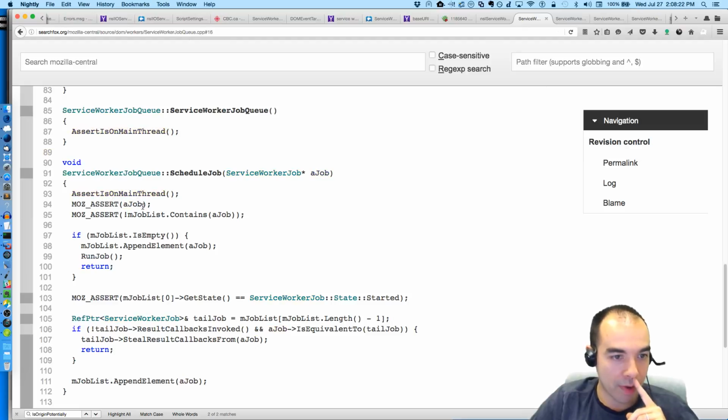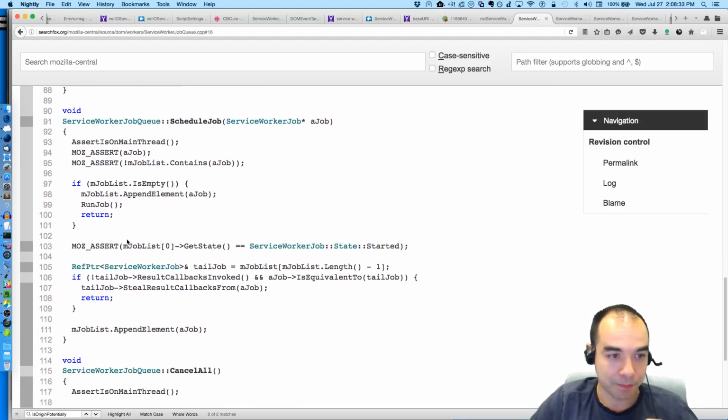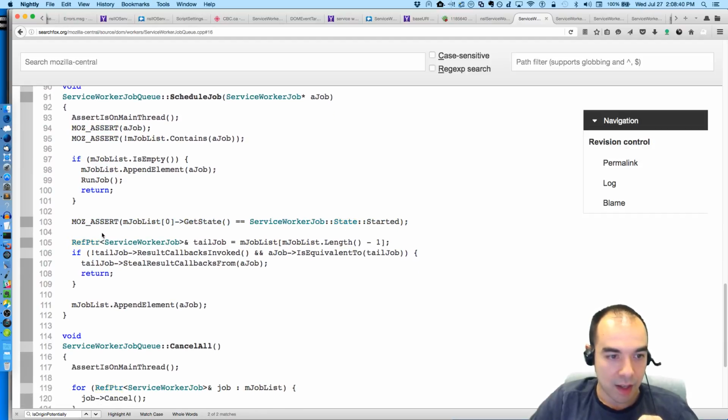We make sure we're on the main thread. We see we have this M job list. We check to see if we already have that job, and we assert we don't. If the job list is empty, we append the element. Otherwise, then we run the job immediately. Otherwise, we see what state we're in. We assume that we're in a started state, and then we get the last job. If the last job's result callback invoked and job is equivalent to tail job.